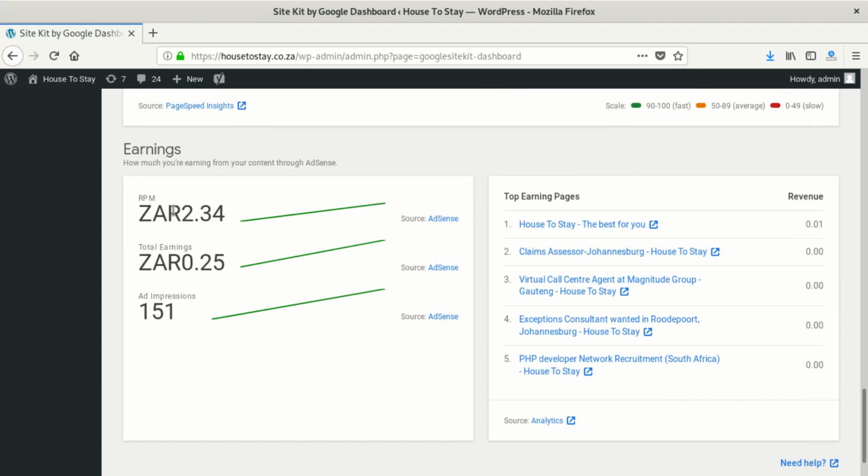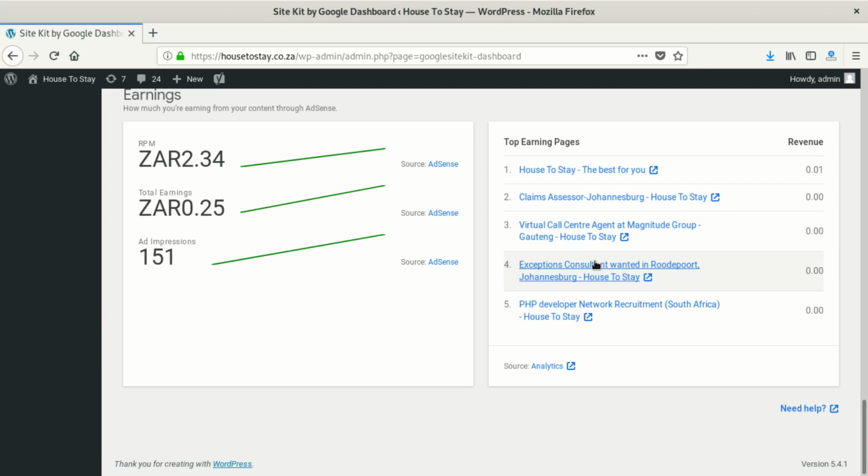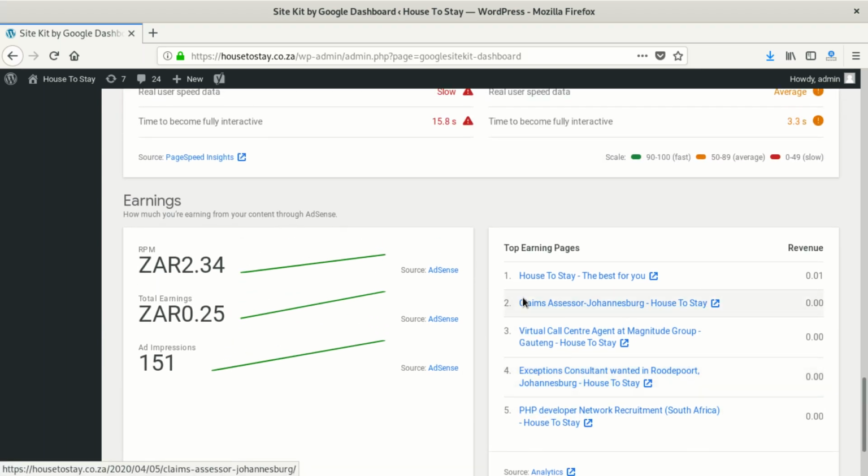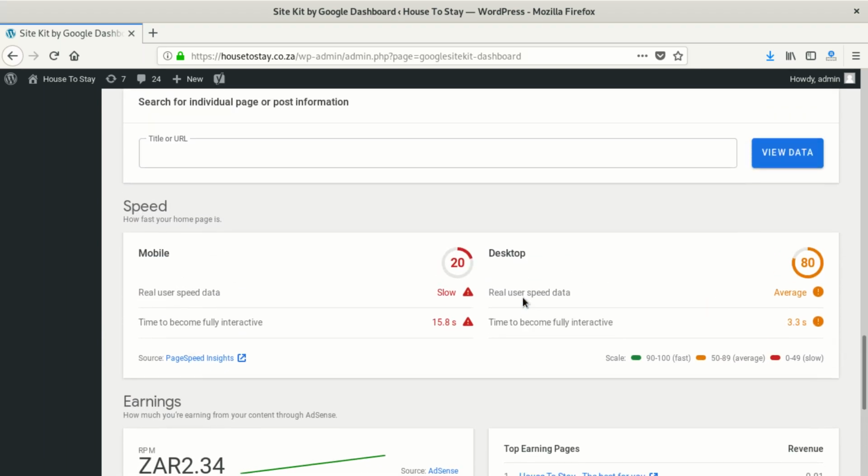So here it also integrates AdSense, so it can show you how much money you made, total earnings, also ad impressions. It shows all these top earning pages. These are the pages where you collected money. It shows each and every page here. So this is the simple